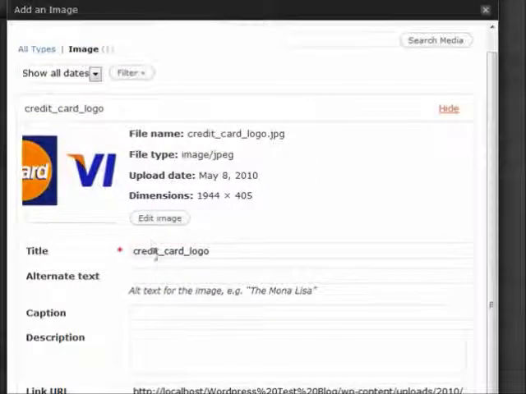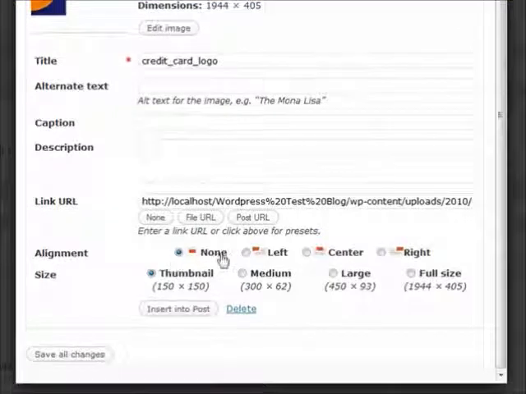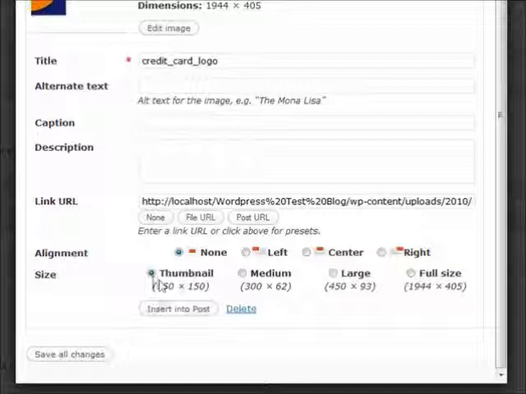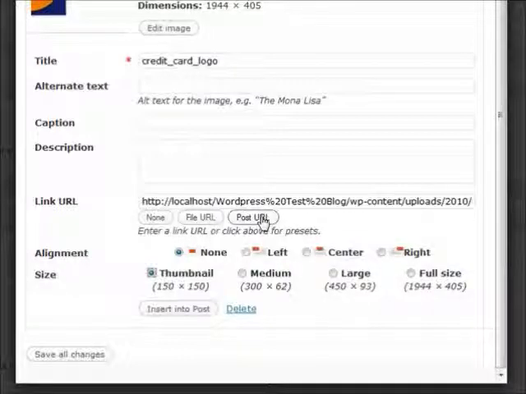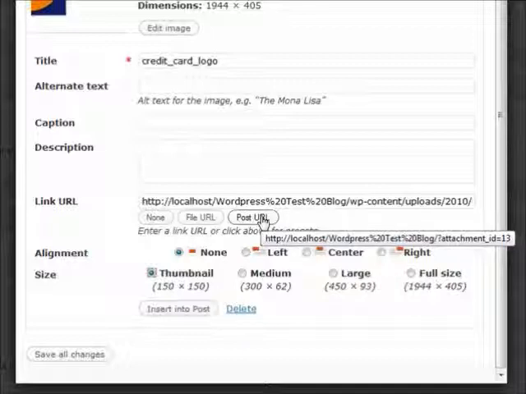And we're going to have the ability to do a couple things here. We can once again edit it right then and there. We can insert a thumbnail version of it, or the actual full size or a medium version of it, and that way we can save space on our blog, especially if it's so big it starts to break the theme. And what we can do is put the thumbnail in, and we can have a couple of different options here. The link URL can go to either the full file, which is the image, or let's say the PDF or something like that, or just the post URL, which is basically the attachment to that individual